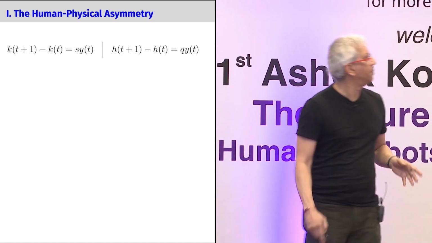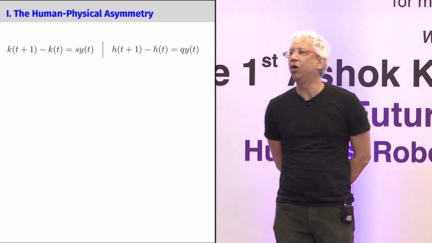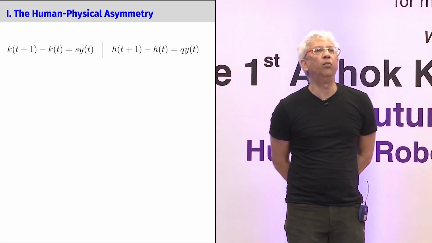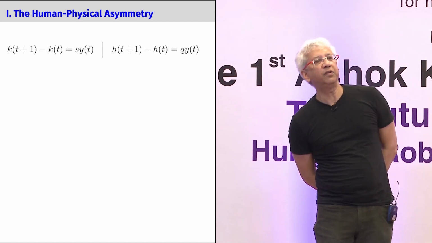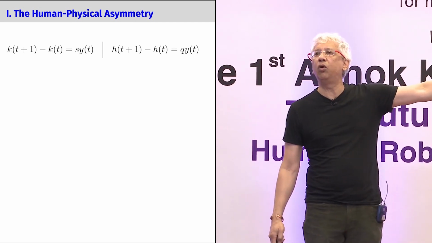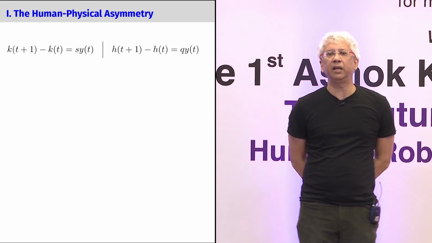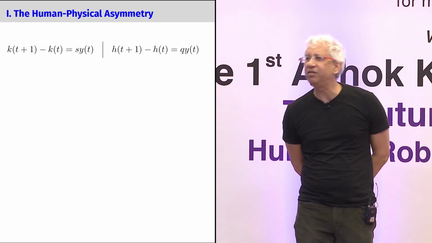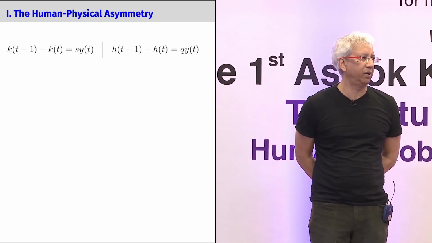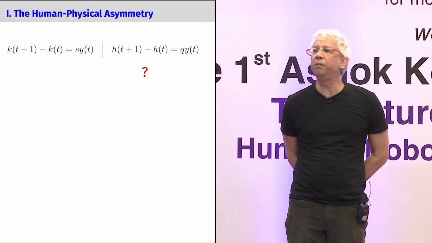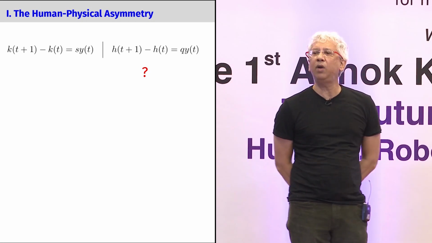Okay, first pillar first. This is what you will write down when you write down a standard macro model of the Solow variety where the inputs are getting accumulated over time. I put in two inputs for you. The physical capital input, that's the Solow equation that all of you know from any textbook. And that is a human capital growth input. That's coming from, let's say, any obvious extension of the Solow model, Mankiw, Romer, and Weil, any standard macro model, you'll have human capital accumulating in that fashion. And what I want to do is put a big question mark underneath that second equation. What does it even mean to have that second equation?